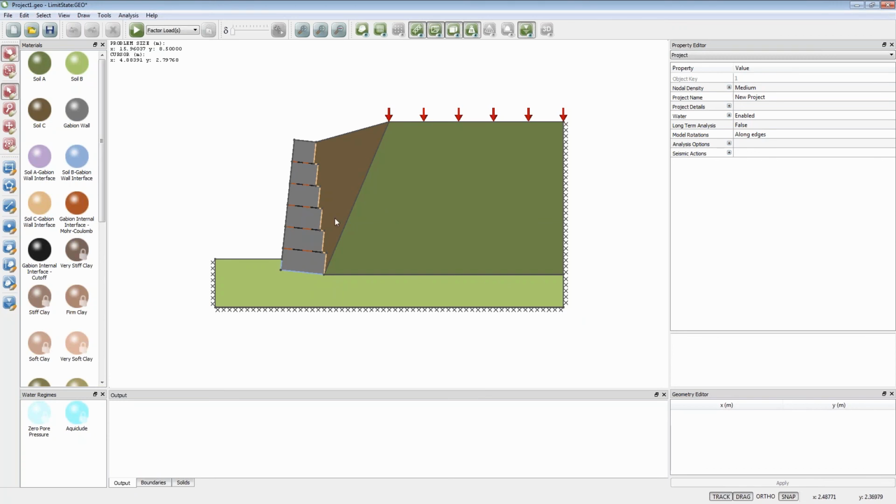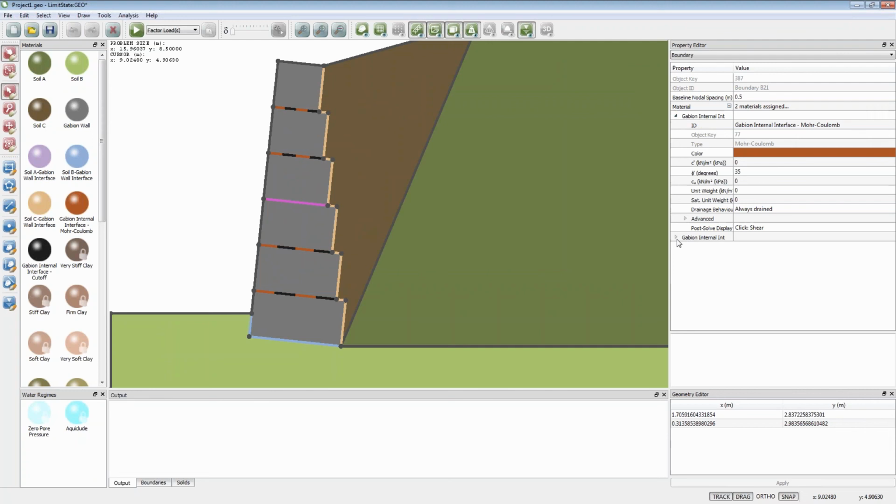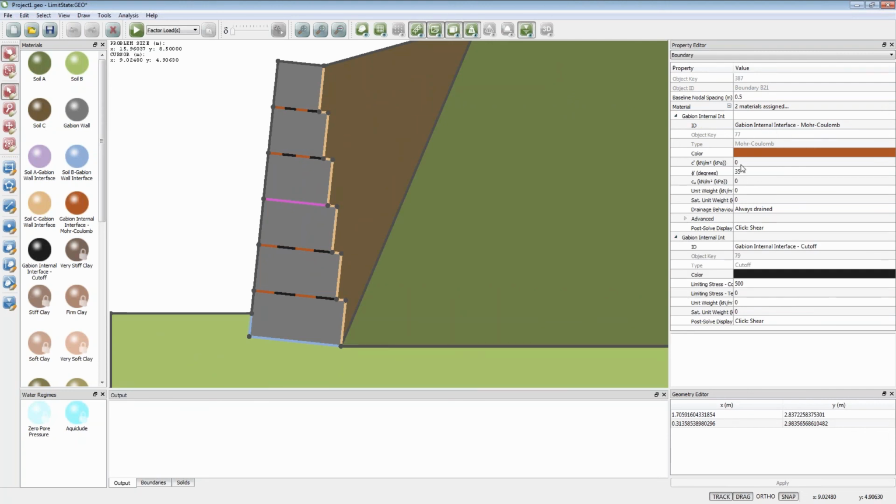So the key thing about the gabions is actually what's going on in between them. So in between each gabion we have some materials. We have what's called gabion internal interface, so it's a more Coulomb material. So that's a frictional value. It's been set here at 35 degrees. So that means each gabion is able to slide relative to its neighbor with an angle of friction of 35 degrees. And we also have a cutoff material, and this has a limiting,